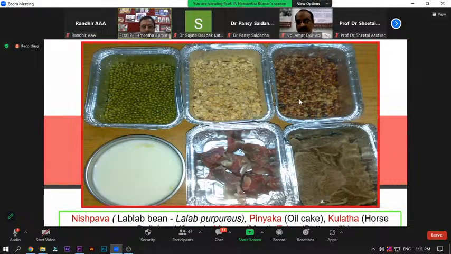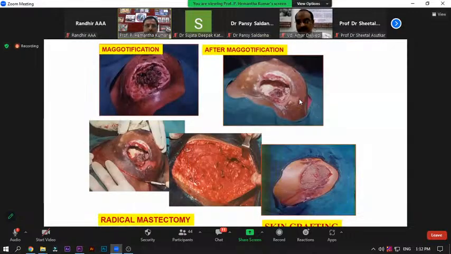See, these are the medicines. We conducted a study with Nishpava and Pinyaka, Kulutta and Mamsa, Takra. These are the drugs we have taken and made into a paste. Then we apply it. This is an interesting case. You can see that in this case we applied maggot therapy. This is a very interesting fixed